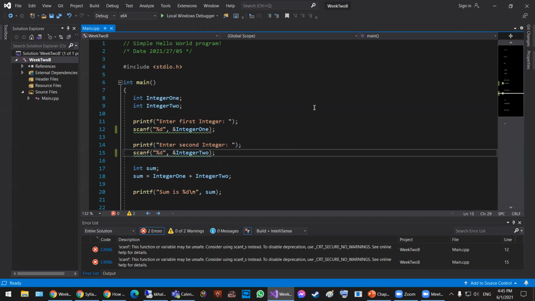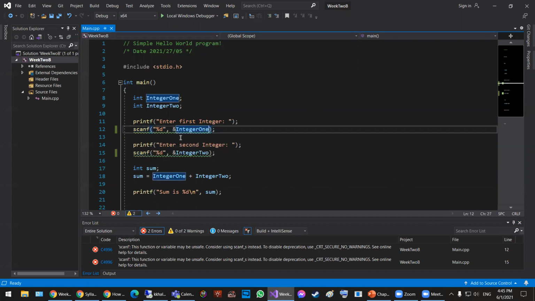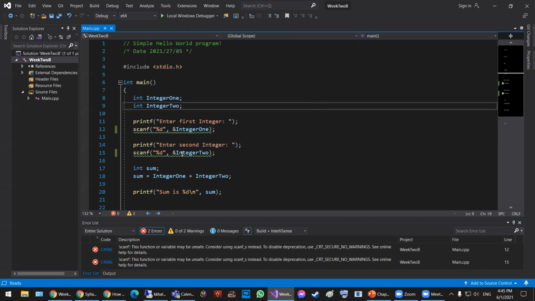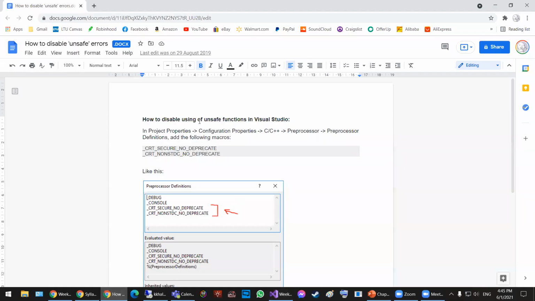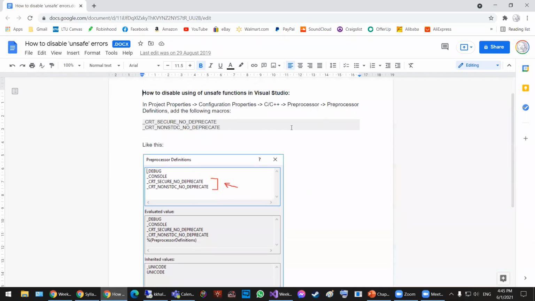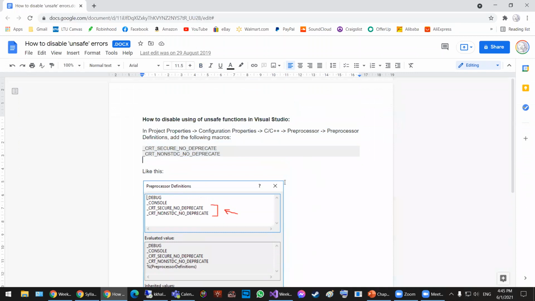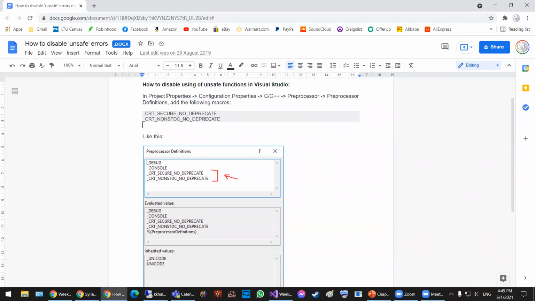But before I proceed, I would like you to do a simple change in your Visual Studio, just so we match the code in the book. If you are following the code exactly as is in the book, you're going to have some errors, because Visual Studio updated its version, but the book is not updated. So in order to ignore this error, I would like you to do this. You can pause the video, read these, and do it in your Visual Studio, but I'm going to do it here anyway. So project properties, configuration properties, C, C++,